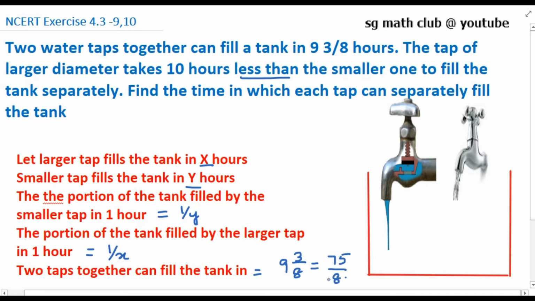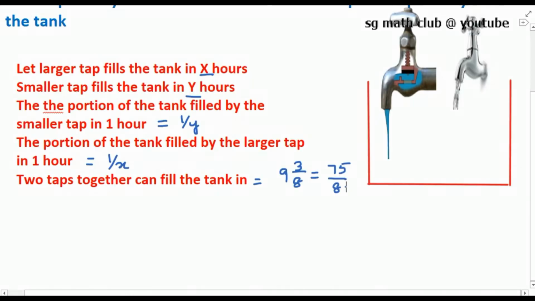Now how will you frame the quadratic equation? We have taken that the larger tap fills the tank in X hours and the smaller tap in Y hours. So the portion of the tank filled we have taken as 1 by X and 1 by Y respectively. Also they have given that the smaller tap takes 10 hours more than the larger tap. So we can write this equation Y equal to X plus 10, and the second equation we can write 1 by X plus 1 by Y equal to 1 by